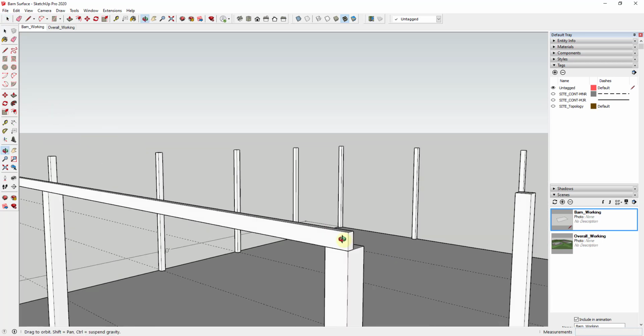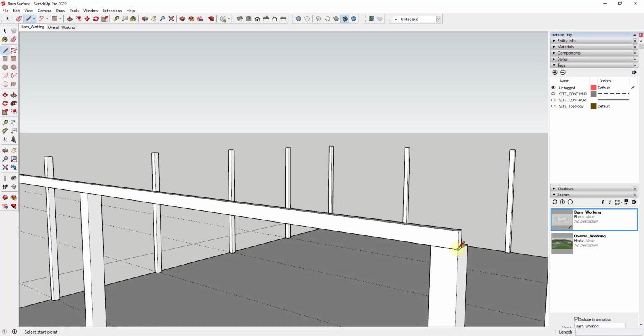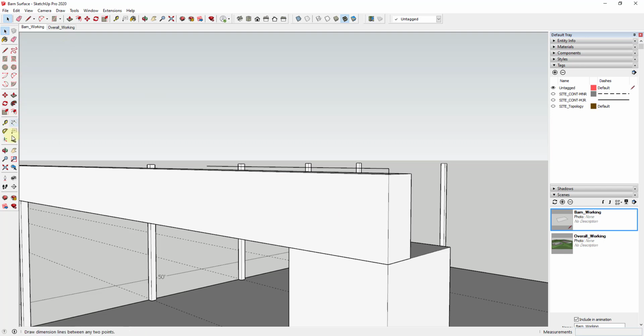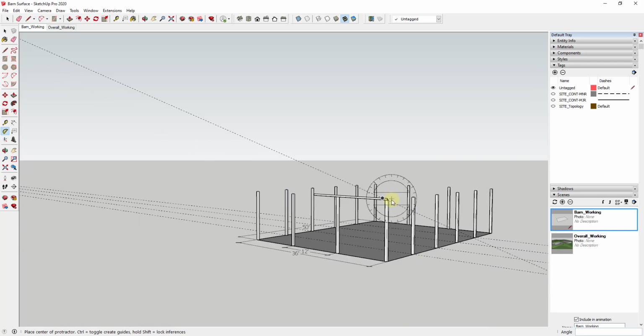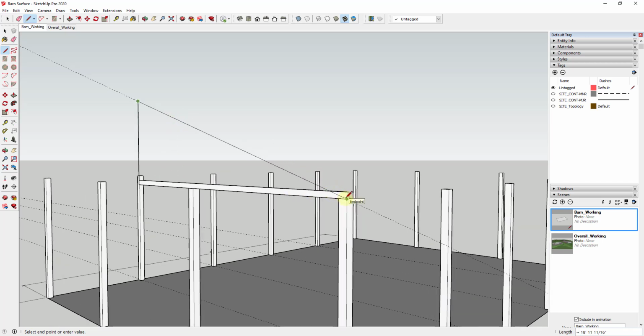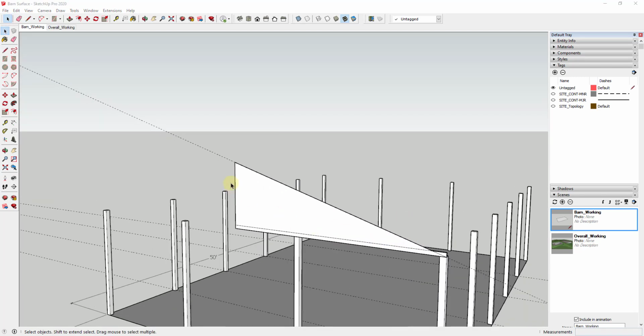And honestly, what you could do is use this in order to set your slope on the face of this truss. So for example, let's say you wanted this to be a 4 to 12. You could just draw a line that goes up 4, goes over 12, and then you could use the protractor tool in order to start setting that slope. So you could use the protractor tool in order to create a guide, and make sure you've tapped control to put this in create guide mode. But now you can see what the slope of this truss would be. So probably what I would do is draw a guide line straight up and then draw a guide line across like this. All right, and so what I've done here is I've kind of roughed out this shape, and then I'm